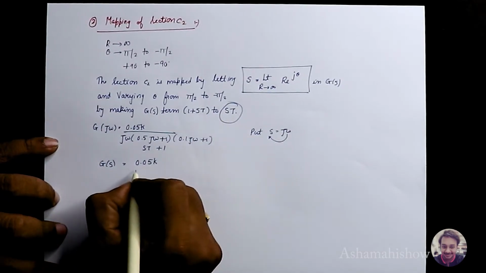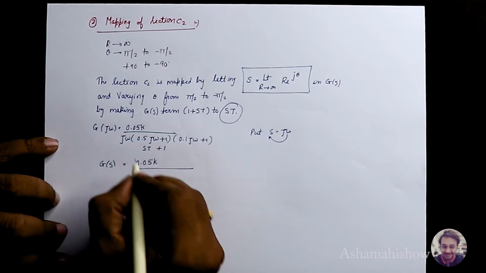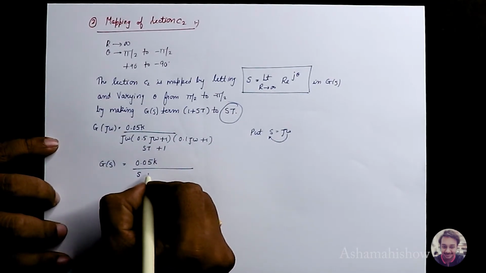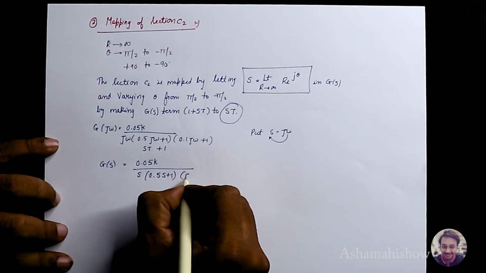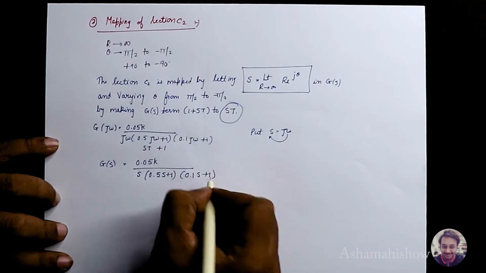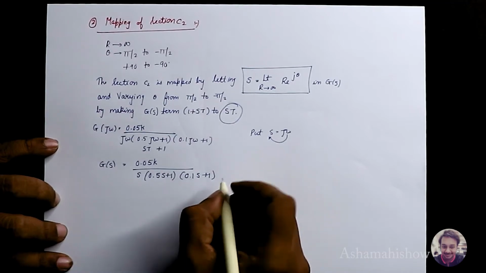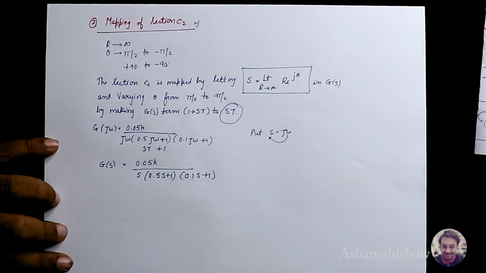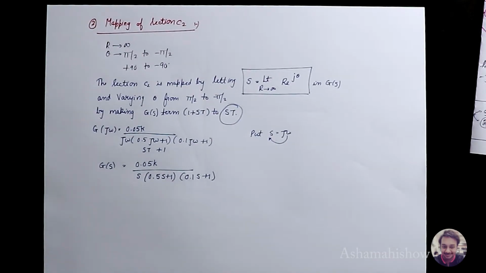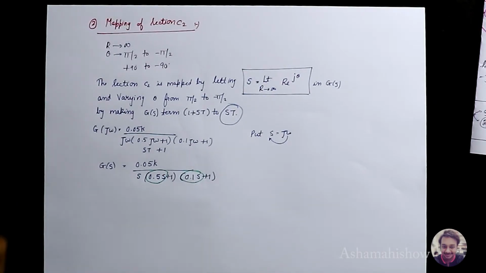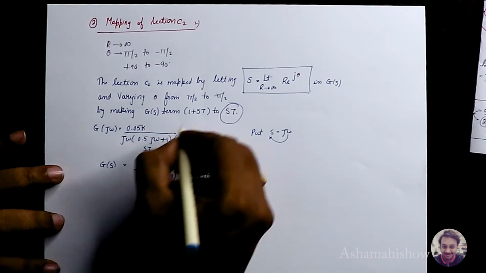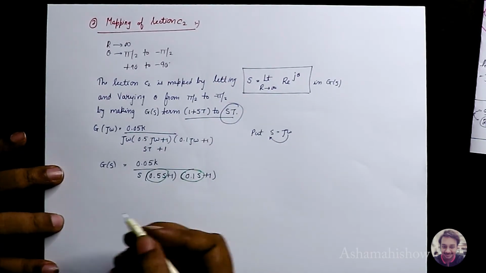because to show you 1 plus sT, we have taken s here. So j omega will become s, and this becomes 0.5 s plus 1, and this 0.1 s plus 1. So this is the form of 1 plus sT. Now you need to consider only, as they asked, the sT format. This is sT. You need to consider only this, and you need to do the problem. Now it's very easy. The only thing is we need to know the method of how to do it.